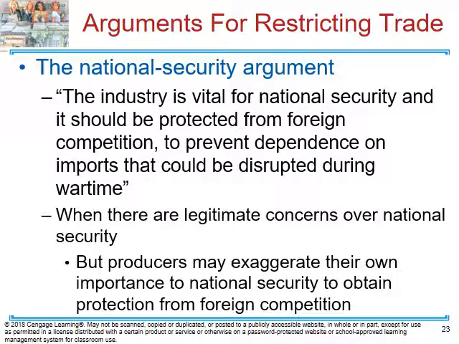But mostly it is exaggerated that a specific industry should be protected because of national security, and in some cases